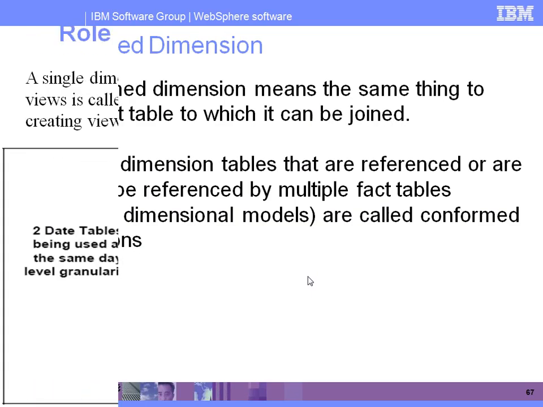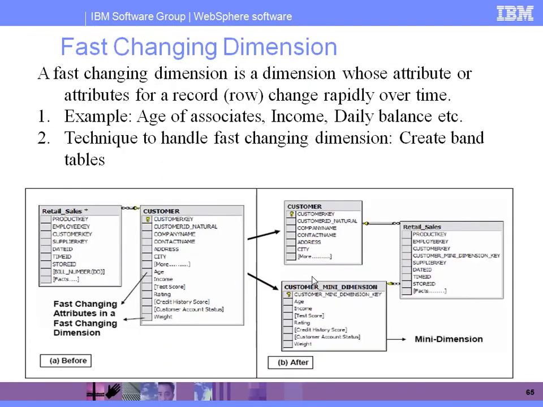Next, we have one more dimension table, which we can call fast changing. While implementing a data warehouse, some data coming from our source system or front end maintains very rapidly changing information. This is quite the opposite of our slowly changing dimension table. In a slowly changing dimension table, a single attribute or multiple attributes change slowly based on time. But in a fast changing dimension table, it is completely reverse.